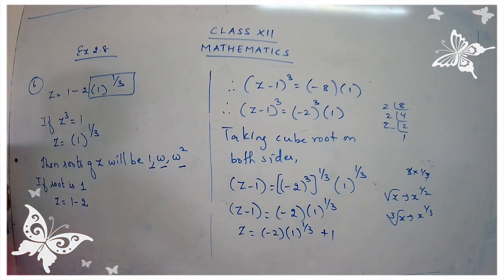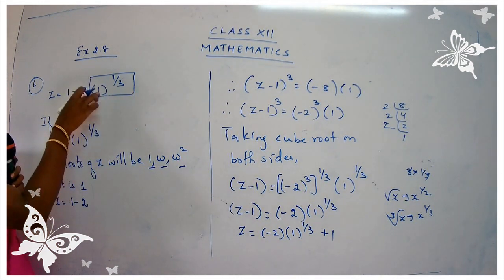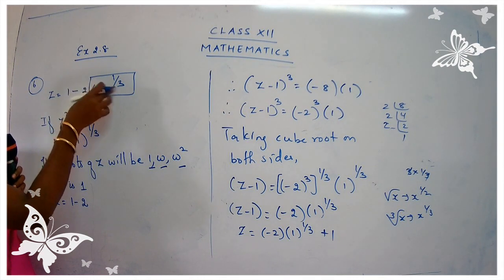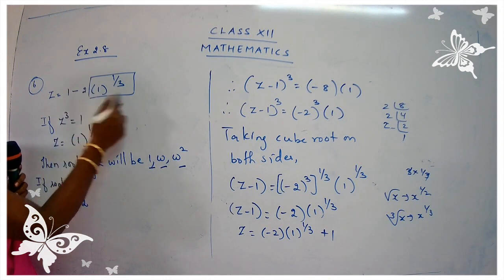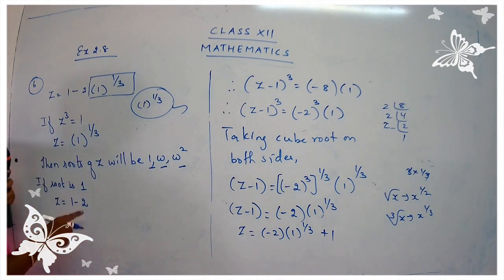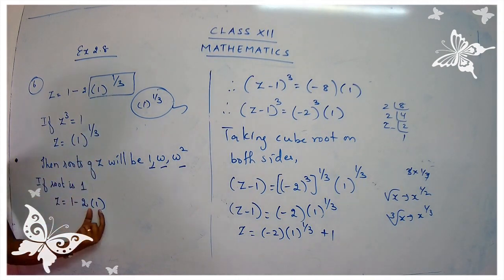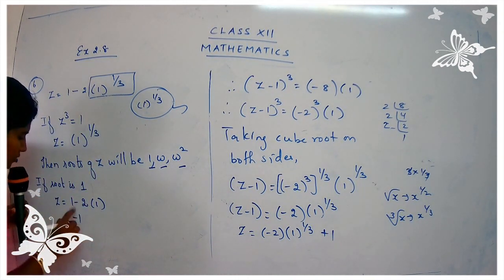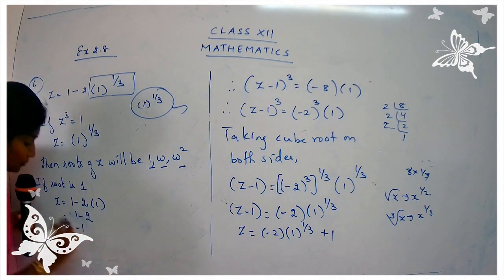Where I have told you to substitute the 1, you have to substitute the value for this whole part. You should not put it just for the 1 here. This answer is for the complete part, that is 1 raised to 1 by 3. Getting my point? So 1 minus 2, and this is 1. In place of 1 the whole raised to 1 by 3, I am going to put 1. So what is the answer I get? 1 minus 2. I'll write down a step over here. This is equal to minus 1.